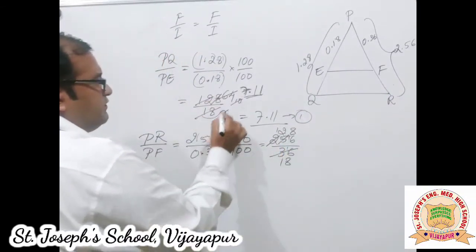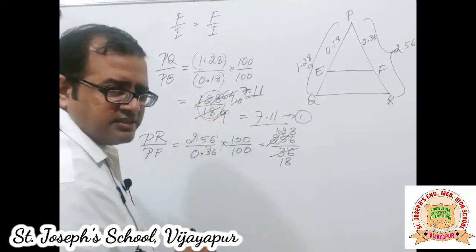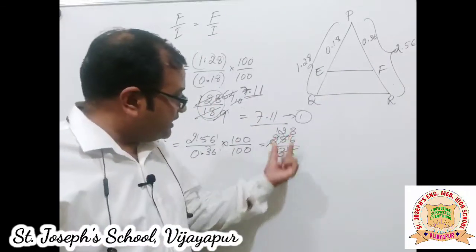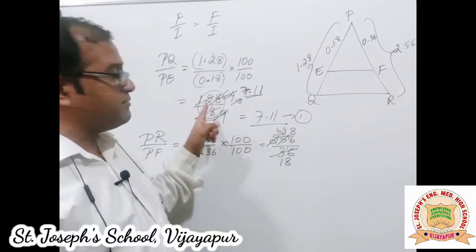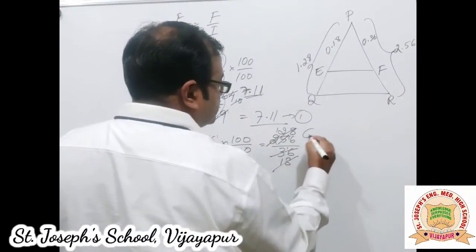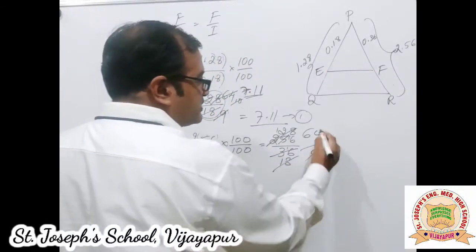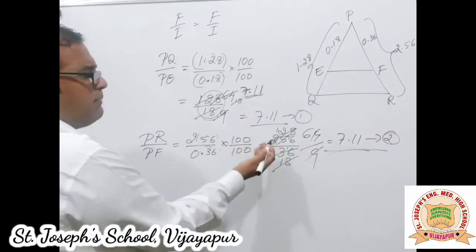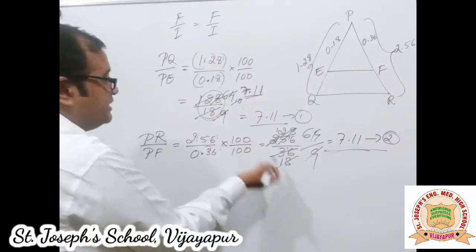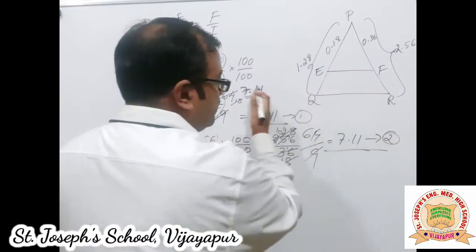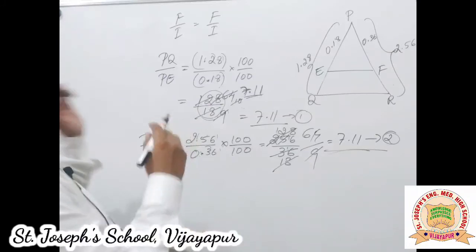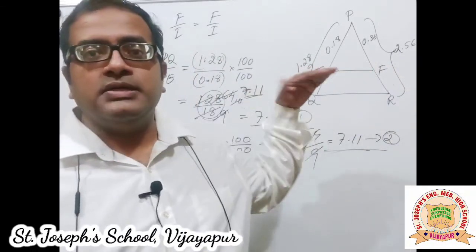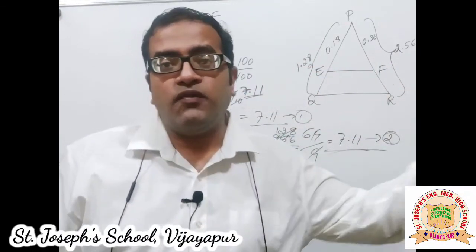128 by 18. Haven't we seen that number earlier? 128 by 18. See, we had to simplify that because we never knew where the answer would lead. But here when you look at the number itself, you can say 128 by 18. It is the same thing that's going to happen. Further simplification will land up at 64 upon 9. So if you further simplify, that will be 7.11, equation 2. Or you could just stop at the first step, 128 by 18, and that is something that you have already seen from equation 1 and 2. You can say PQ by PE is equal to PR by PF. That's ample to say that the sides are parallel by the converse of BPT.